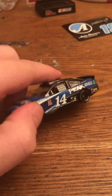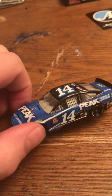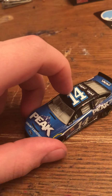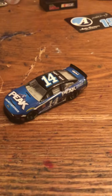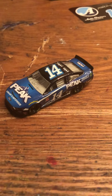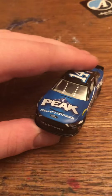So again, I don't know what year this is from, but as I mentioned before, Clint retired in 2020, and that gave the 14 car to Chase Briscoe, who was a rookie. And Clint Boyer, when he retired, he went up to the Fox Sports booth with Mike Joy and Jeff Gordon, and he is still currently in the booth with Mike Joy, along with a special